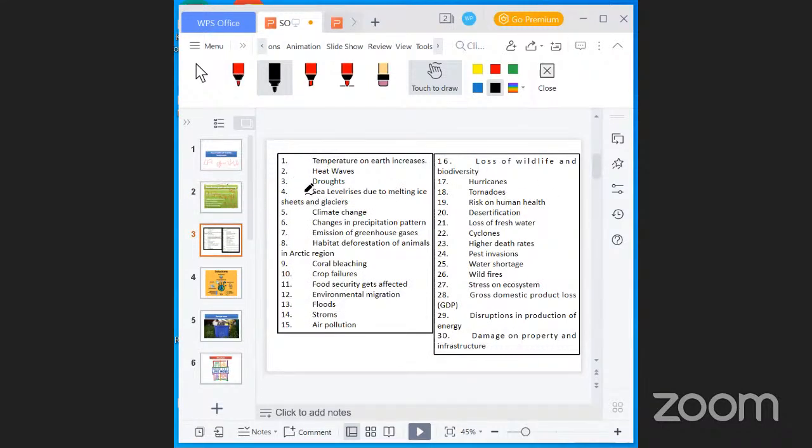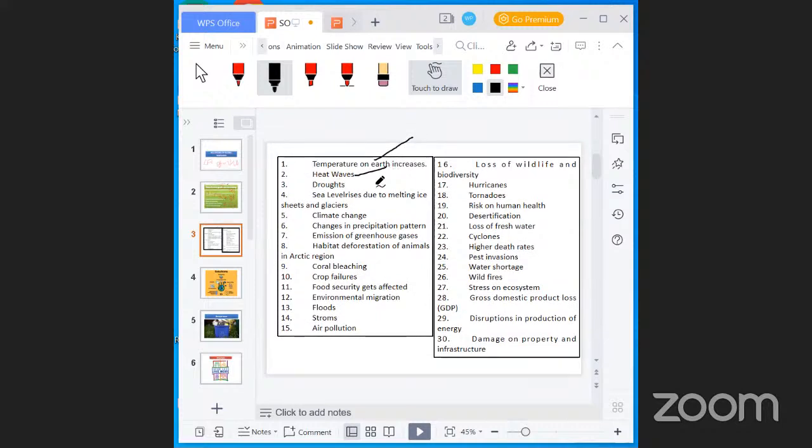So consequently, it leads to temperature on Earth increases and heat waves and droughts and sea level rises due to melting ice sheets and glaciers, and also climate change and changes in precipitation pattern and emission of greenhouse gases and habitat deforestation of animal in Arctic regions and coral bleaching and crop failures and food security gets affected and environmental migration, floods, storms, air pollution,